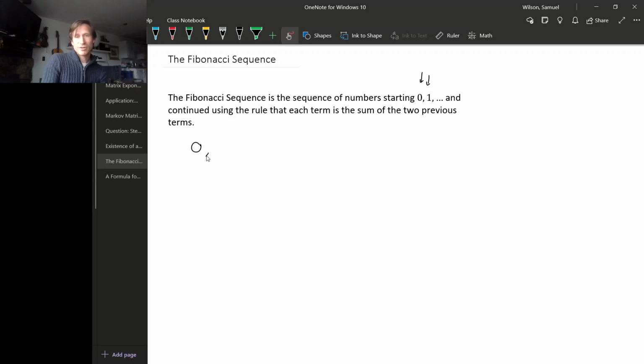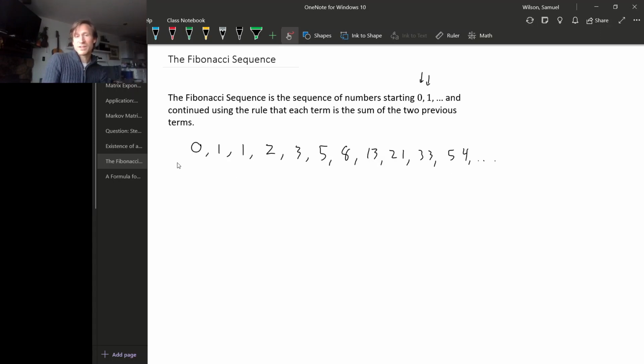So it starts 0 and 1. And then the next term you add the 2 before it, so 0 plus 1 is 1, and then 1 plus 1 is 2, and then 3, and then 2 plus 3, 5, 8, 13, 21, 34 it looks like, 55, and so on. Okay, we're going to label these